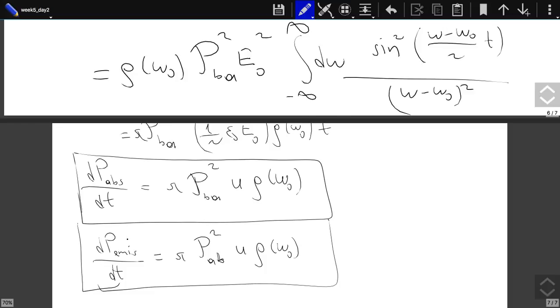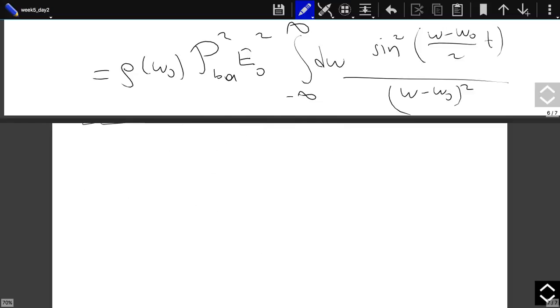Now what we call a photon is, just like with the harmonic oscillator, we can treat the electromagnetic wave as a collection of photons, a collection of energy packets, and the energy of each one of these packets is equal to h-bar times its frequency. That packet is what we call the photon. So in that description, these processes are just absorption of a photon and emission of a photon.